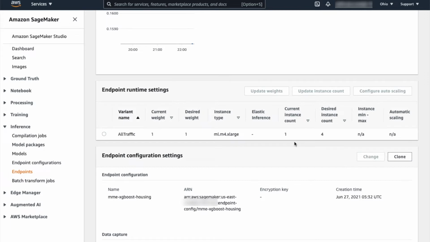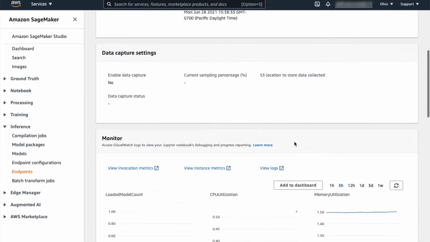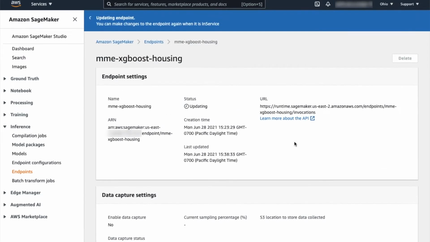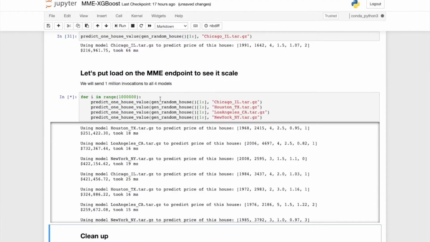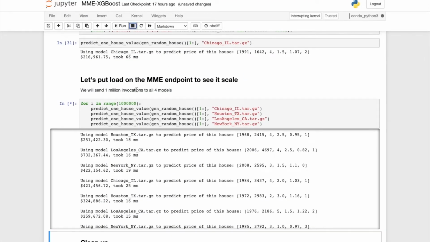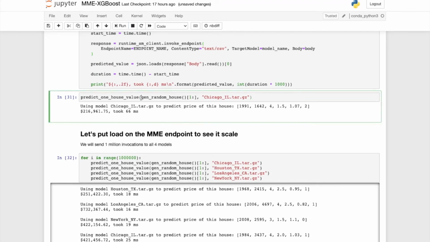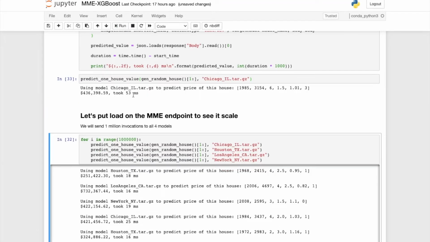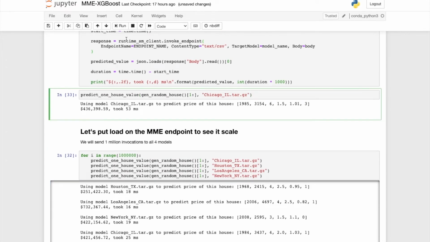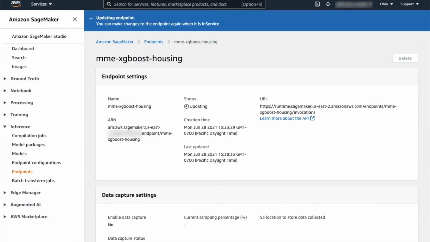Now, while this endpoint is in auto-scaling mode, it remains active for any existing or current invocations. So if I go back to my notebook and invoke the Chicago model again, you'll see that it returns just like before. So during the auto-scaling event, your endpoint is still available and live for your application.